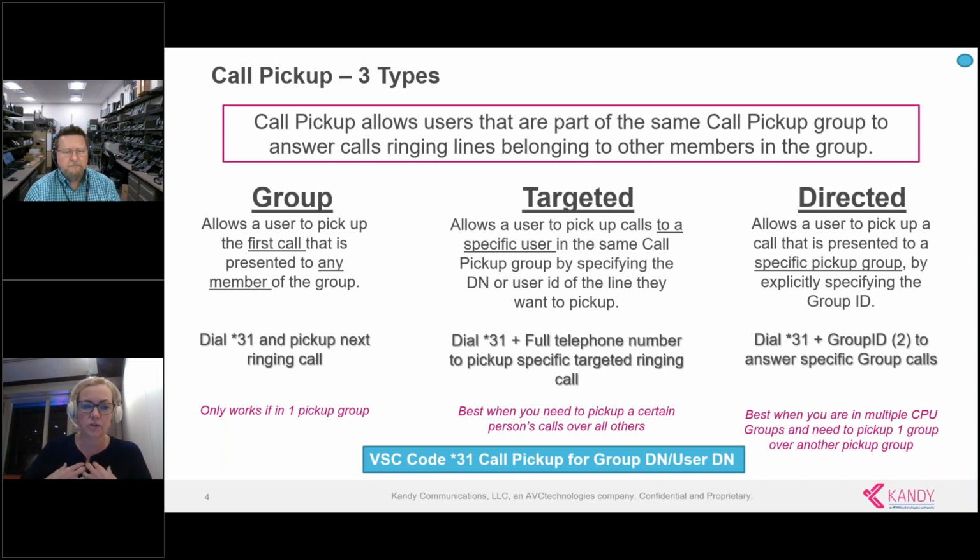So maybe I'm in customer service or customer success, and Jason is in technical support, but maybe I also answer calls and pick up calls for technical support. And so I'm in two groups, and maybe I've been told that, hey, technical support is super important. You need to answer it over any time that you might have a customer success call at the same time ringing in. And so by using the directed call pickup, I'm able to dial *31, and then I choose one